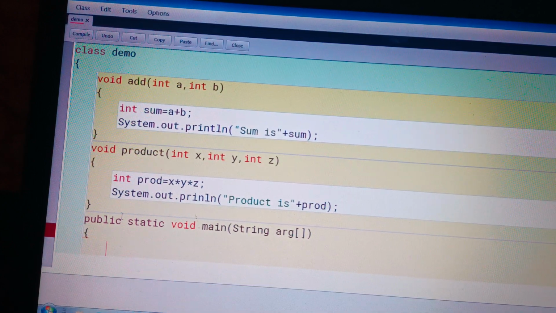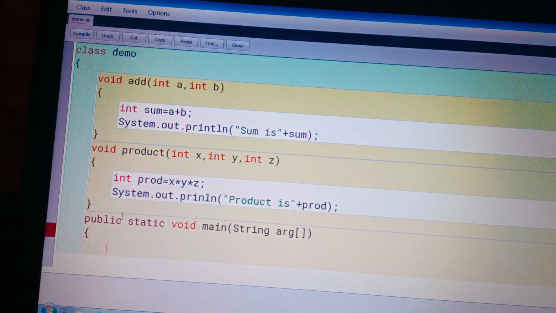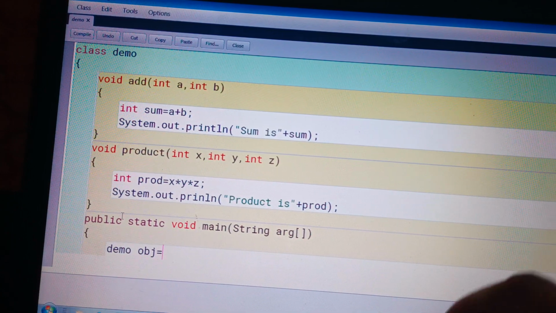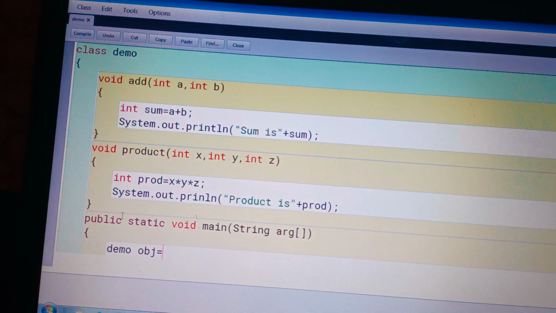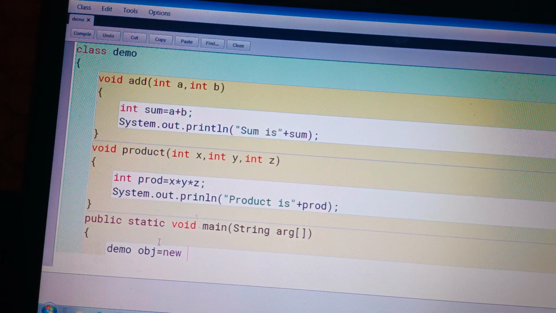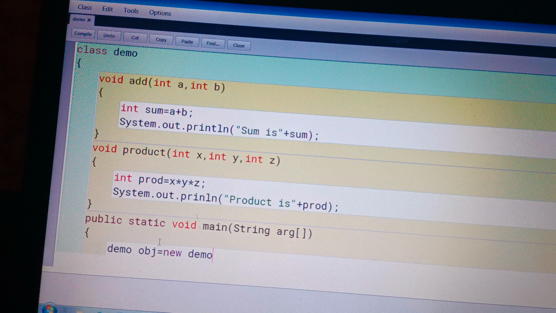Now we have to call this method, so we need to create the object of the class. Class name is demo. You know how to create the object. Class name, then object name. Object name depends on you. You can write any name in place of obj, is equals to new and class name demo.